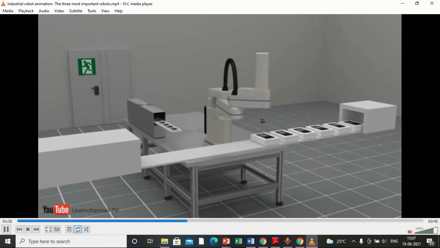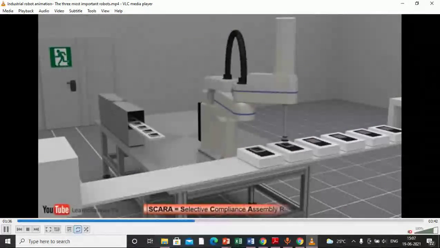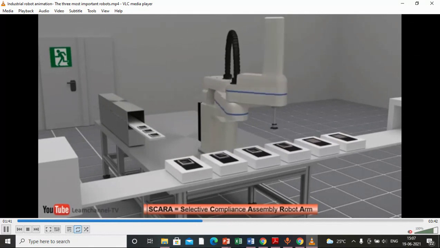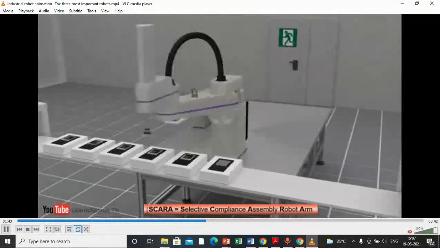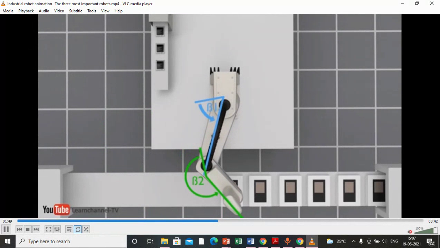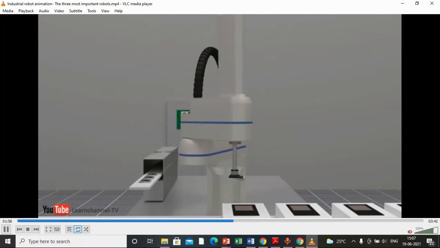Okay, so moving towards the SCARA robot, those are special purpose selective compliance assembly robot arms. SCARA is nothing but selective compliance assembly robot arm. So you can see here, for printing boards, they are printing, they can work like a human arm.